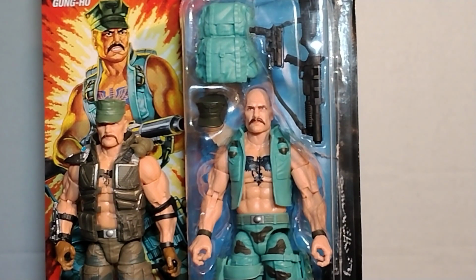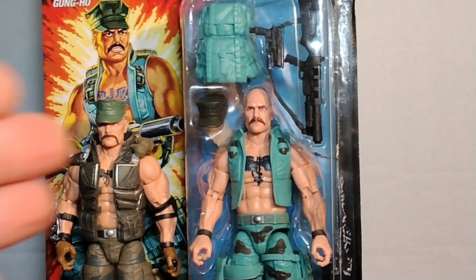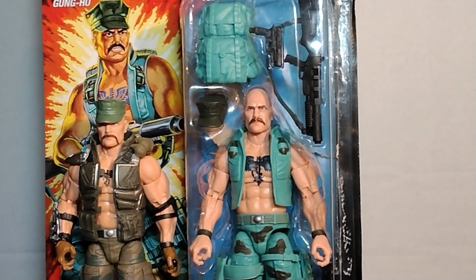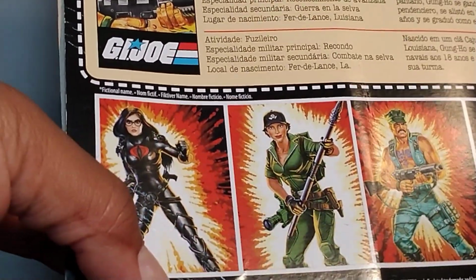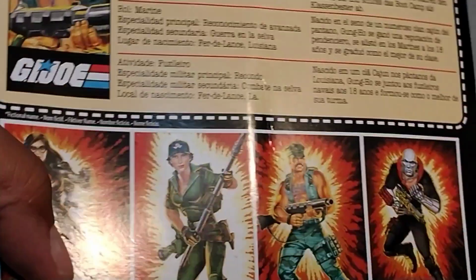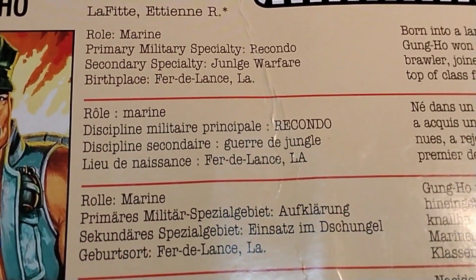Granted, there are some that prefer this line over this, but the majority is headed toward the old school 80s versions. But with that being said, we're gonna break out the old and new Gung Ho and put these bad boys together. So I'm going to show you the card back that shows you who's there: Baroness, Lady J, Gung Ho, Destro, and then it also has the biography of Gung Ho,